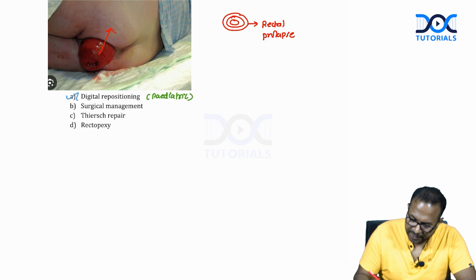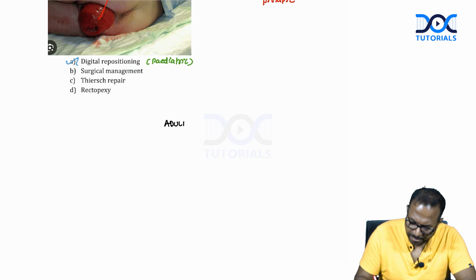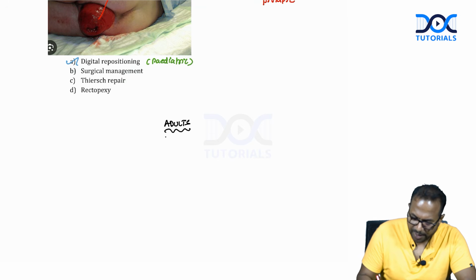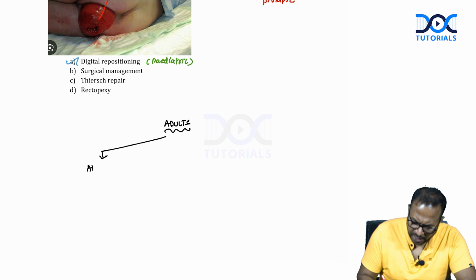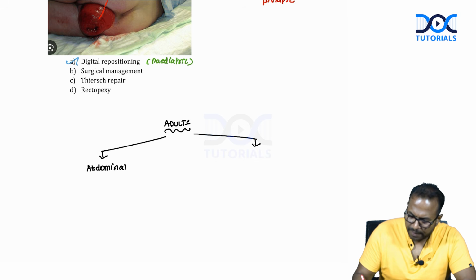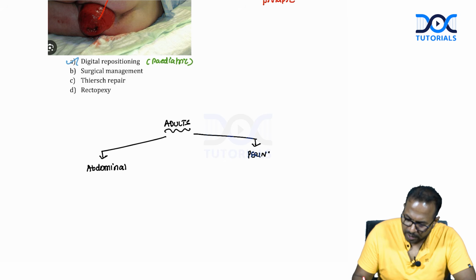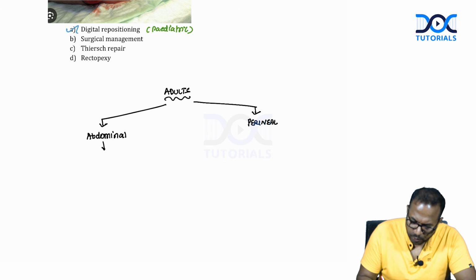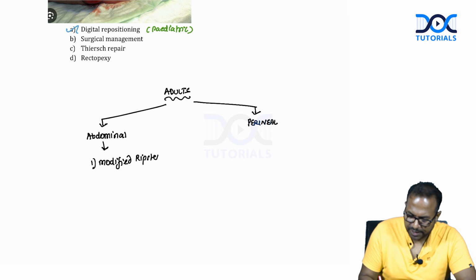Now the same rectal prolapse in adult patients. Adults coming to you with rectal prolapse have 2 options: abdominal approach and perineal approach. We can operate through the abdomen or through the perineum. Abdominal approaches include the modified Ripstein operation,